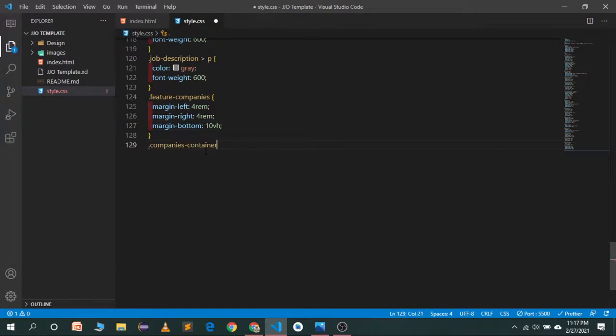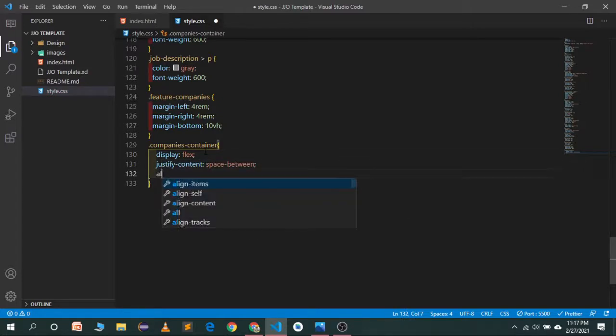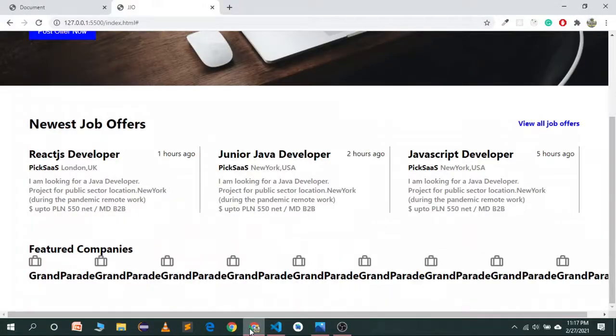Here you will see a magic, 2 to 3 lines of code will change the layout of this feature container. Set it to display flex, justify content will be space between, and align items will be center. Let's save it, and now you will see these have become in this row direction, but these are overlaying, so